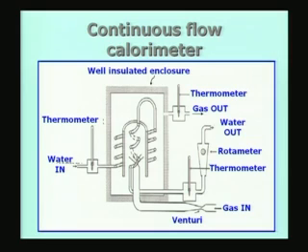mixture of gas and the oxidant. It may be in the form of oxygen or it may be in the form of air and the gas mixture. So, the gas into the calorimeter is actually the mixture of the gas whose calorific value or heating value I want to determine, and the oxidizer in the form of oxygen or air, and its flow rate is measured as it enters the calorimeter, and it is burnt here in a burner, and subsequently after complete combustion